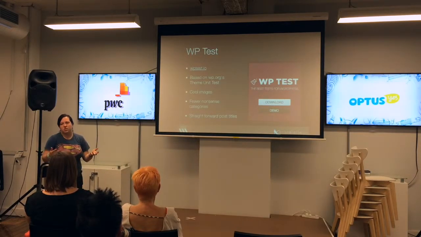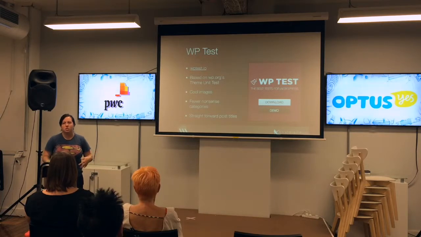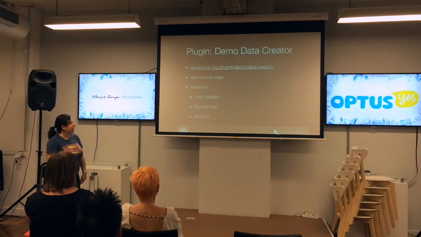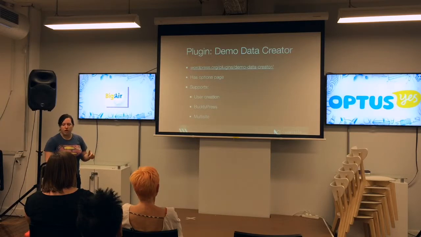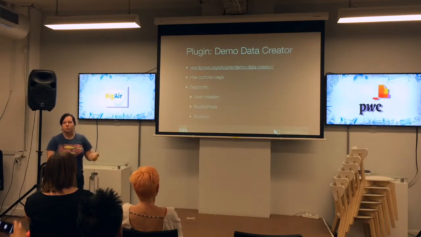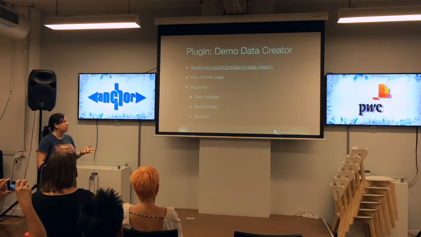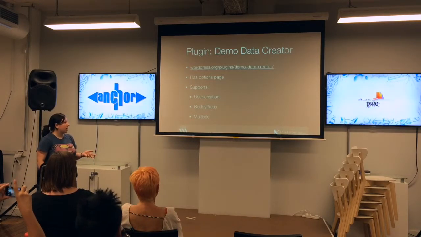It just says it's a gallery post, this is an image post, and it kind of makes a little bit more sense that way. And then you've got a few different plugins. So these are just, I've listed about 3 that are kind of reasonably up to date and have a few different nice features. So this one, Demo Data Creator,